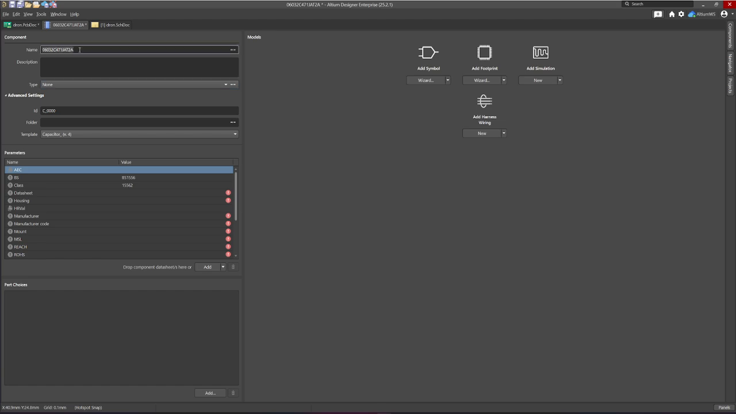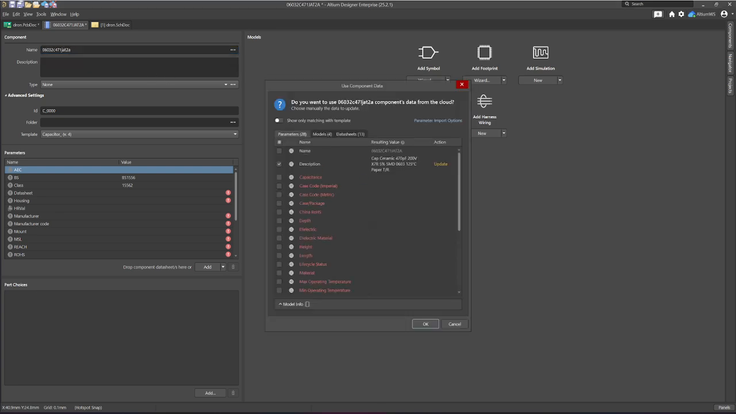Okay, so for example, if we choose this one right here, now this new window will appear, prompting you to utilize the component data from the cloud. You have the options to update the data as needed. So as you can see here, parameters are in, not all of them, and datasheet and models are also, everything is included. After you press OK,